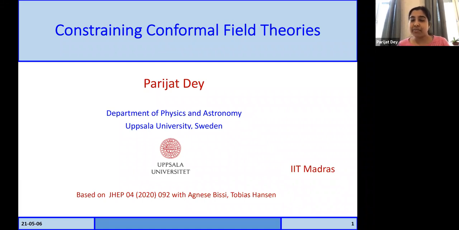So I will specifically be talking about the conformal bootstrap techniques, and conformal bootstrap has emerged as a viable tool to study such systems. So this is a self-constraining process which relies entirely on the symmetries that we have at the critical point. And we will see how these can be used to give an estimate for the critical exponents in a theory. So let's get started.